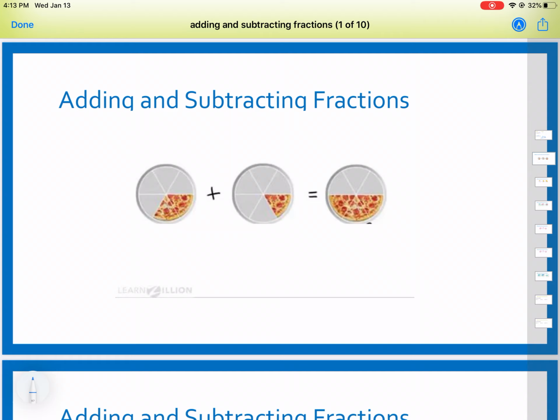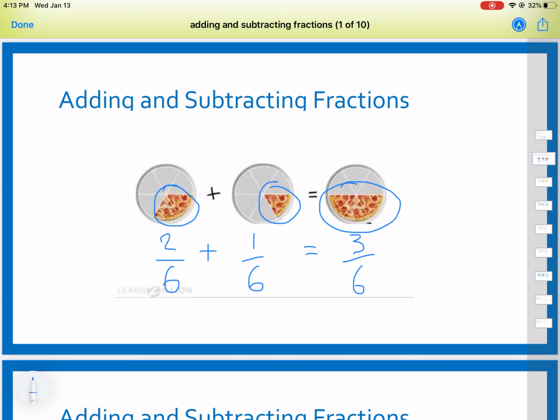They've been split into 6 sections. The first one, we have got 2/6 of the pizza board filled in with pizza, and on the second one we have 1/6 of the pizza board filled in. Now what this diagram is trying to do is to show you that if we have 2 slices of pizza, so 2/6, and 1 slice of pizza, 1/6, we can create